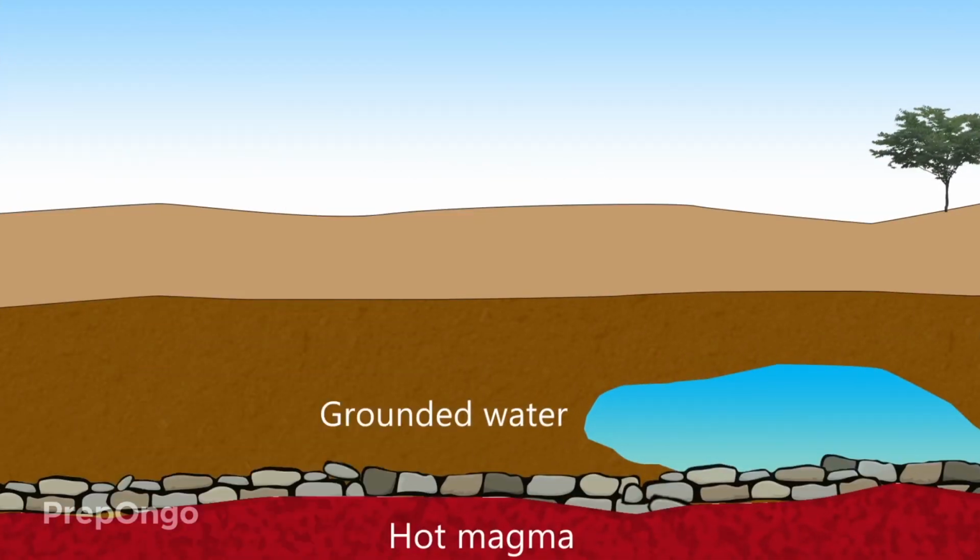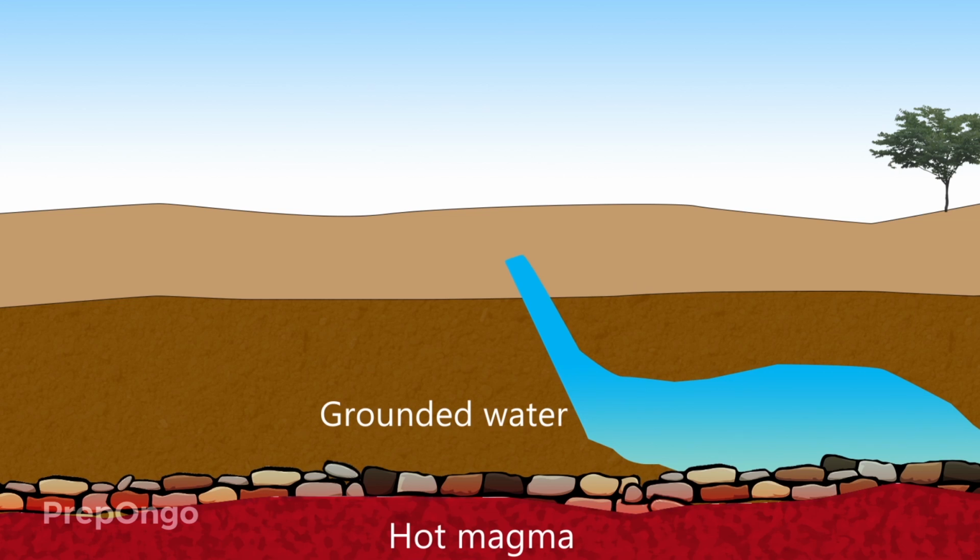You know that the earth's core is full of high temperature magma, which keeps building up continuously by radioactive substances or by vigorous movement of tectonic plates. So when this extremely hot magma pushes the rocks above it, the rocks take the heat from the magma and become hot. When the underground water comes in contact with these hot rocks, this underground water converts into steam,